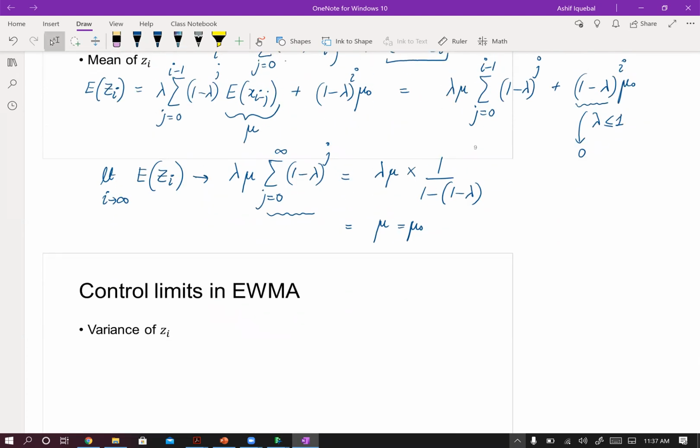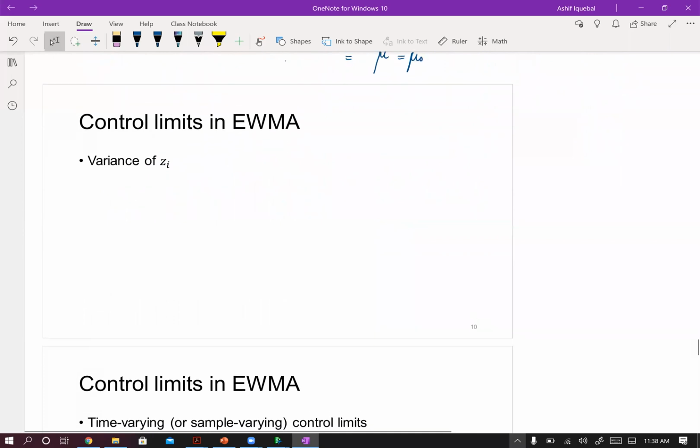It will be exactly a similar way, except that for the constants, you will take the square of all of the constants, right? So let's again write this down here. Zi is equal to lambda summation of j equals 0 to i minus 1, (1 minus lambda) to the power j, x i minus j, plus (1 minus lambda) to the power i multiplied by z0. Now let's write down the variance of zi. Now observe, lambda is a constant, so I'm going to write down,